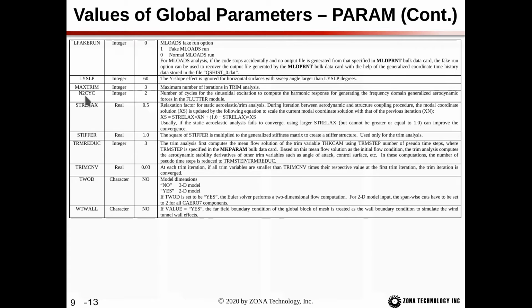Next we have N2CYC. This is the number of cycles for the sinusoidal excitation to compute the harmonic response for generating the frequency domain generalized aerodynamic forces in the flutter module. The default is 2. So when we use the sinusoidal excitation technique to compute the generalized aerodynamic forces in the flutter module, the ZEUS solver will go through two